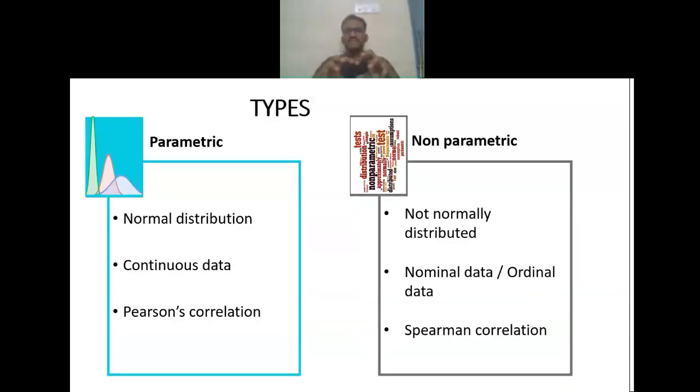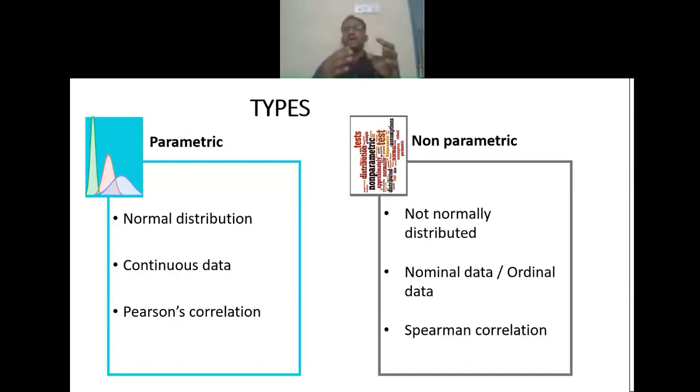Let me explain certain technical or statistical parts of this correlational study design before going into our interpretation and its clinical implications. As we all know, there are two types: parametric and non-parametric. If your variable is continuous, for example, let us consider you are doing a Berg Balance Scale score, if you are considering the entire score of that scale, and you did a normality test and the normality has passed, which denotes normal distribution, then we will be using